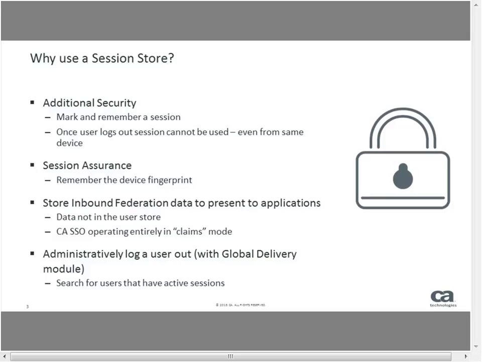Also, session store is used around federation. When you're doing single logout for federation, we require the session store because we have to remember where you federated to. Also, if you're doing inbound federation, and there's additional data in the assertion that comes to us that we want to keep and use, we can store that data in the session store and then pull that data out using a standard SiteMinder response and pass that back to an application, just as if the data was in your